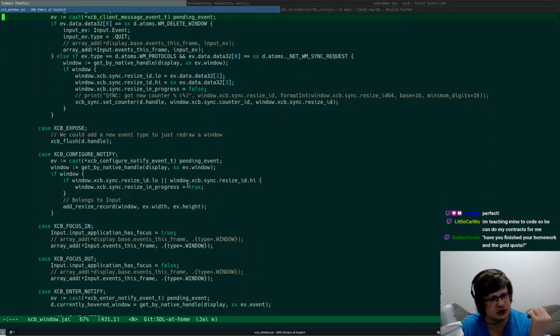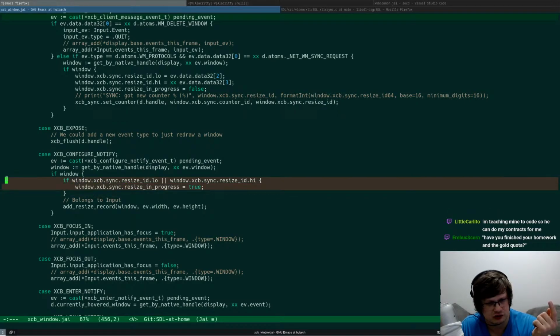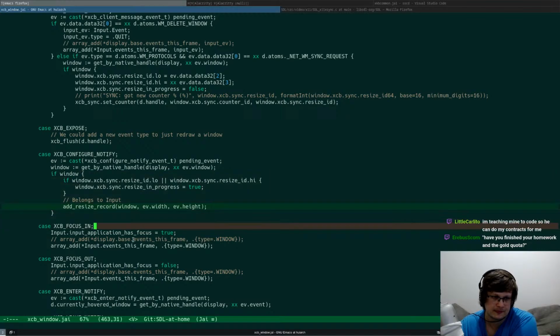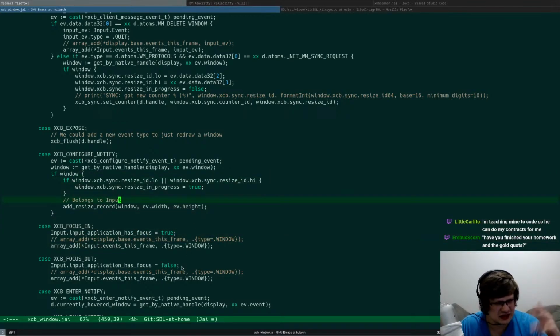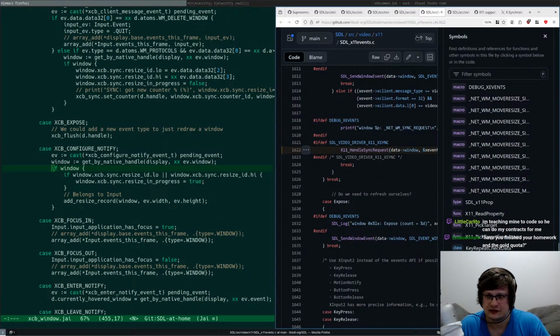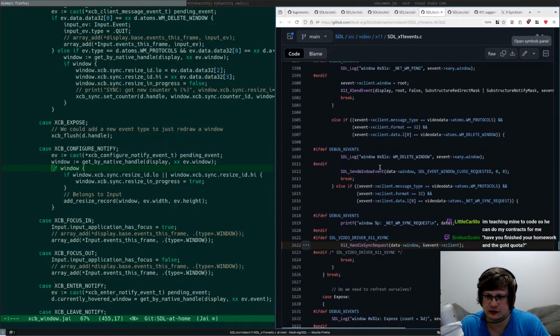I mean, this shouldn't really be the case because I only set the resize in progress to true here. But still, it's an additional re-render that we really shouldn't have. And I think that's what SDL does, kind of, right? What SDL does is sort of